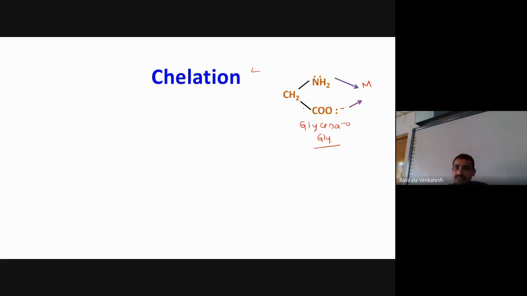So you got a ring here. Observe here, this is a ring. This type of ligand is called a chelated ligand. So in the presence of these chelated ligands, the complex compound will get extra stability. Chelation compounds are more stable when you compare them with non-chelated complex compounds, because when they form a ring, you will get extra stability. If you form any ring, you generally get more strength, right? This is what we call chelation.